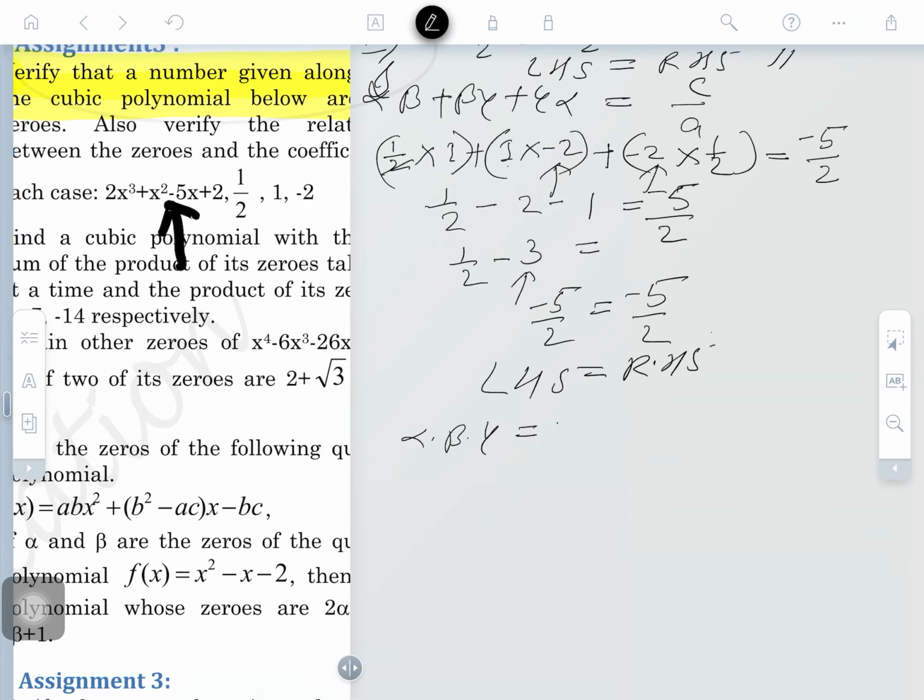What must come here? Minus D upon A must come here. So, what is alpha? Alpha is, I think, given here, it is 1 by 2, and what is beta? It is 1, and what is gamma? Minus 1 by 2, and from the identity D is what? It is 2. What is A? This, okay. So, we cancel here, this cancels, what is coming? It is minus 1, and this also cancels, minus 1.